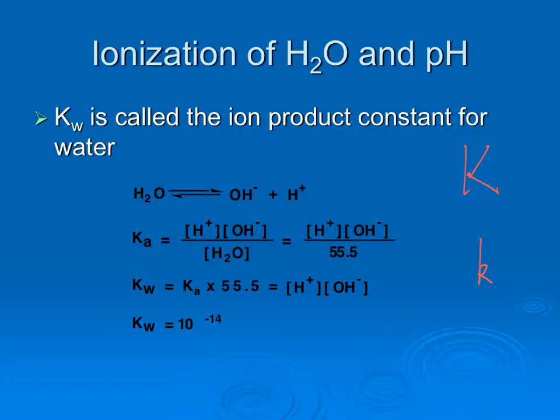Lowercase k's are kinetic rate constants. Those are kinetics. They are related to each other, but they are not interchangeable. So here we're using capital K's, because this is literally the ion product constant, or equilibrium constant, for water. Ka is just the